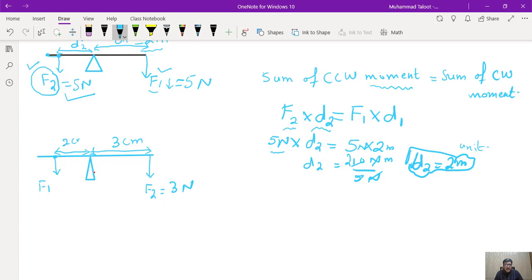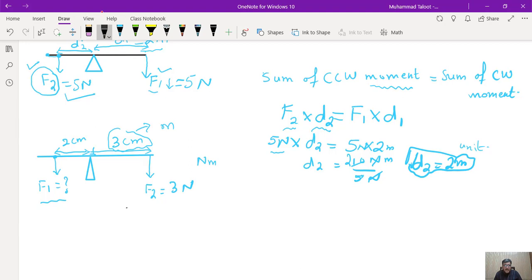So how much force is required to keep it balanced? Now if you see, the unit of moment is Newton meter. Here the centimeter is given. So you have to convert this centimeter into meter. One way is this. But now if you see, we have to calculate force and it is in Newton. So it might be possible this centimeter will cancel out. So we will apply